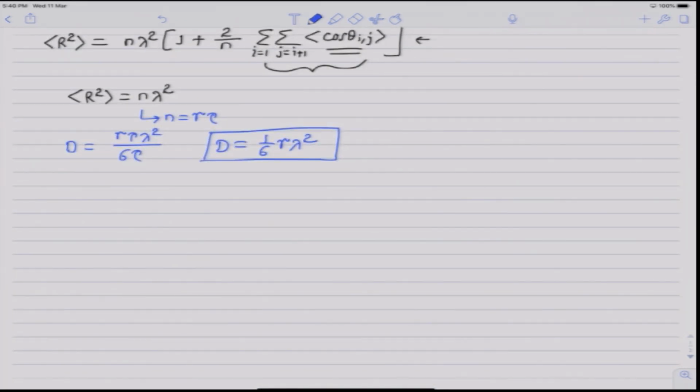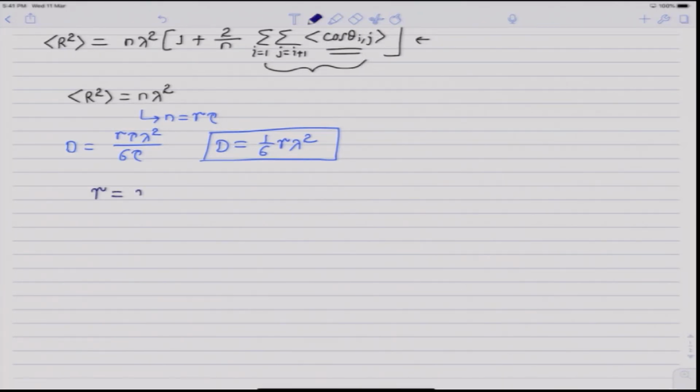Now, in order to evaluate the successful jump frequency, we need to consider two contributions. For any successful jump of an atom, two conditions have to be satisfied. First, the atom has to gain an energy equal or greater than the activation energy for migration, and second, the next site or one of the nearest neighbor sites has to be vacant so that the atom can jump onto that site. When these two conditions are satisfied, a particular vibration will convert into a successful jump. So, we can write gamma